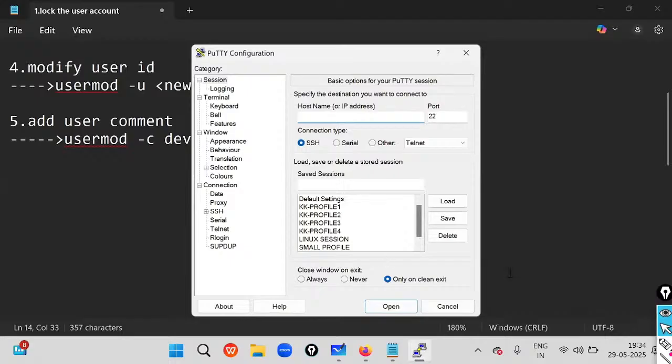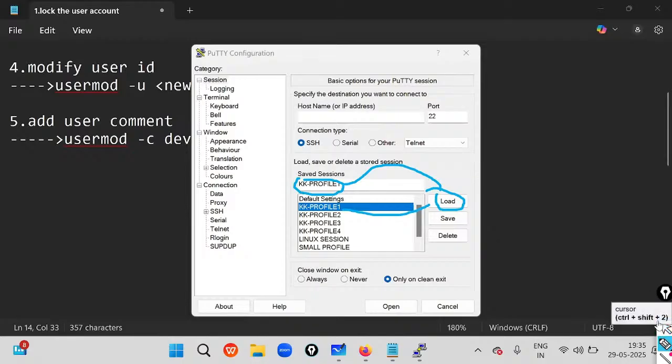Selecting my profile, KK profile 1, load. After selecting the profile, you must press the load button. It will come to this place. Otherwise, if you are not loading your profile, the default screen will be displayed to you.